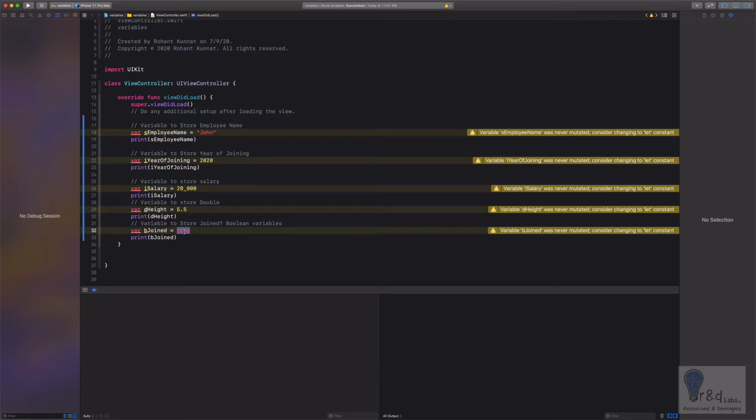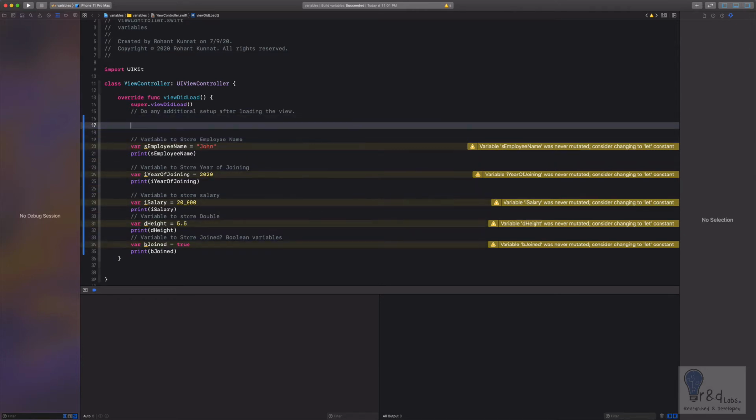Actually, it is quite sufficient for Swift to know that this variable is of type string just because you have assigned a string value to it. This is called type inference. So I'll just write this keyword in the comments. So it's called type inference. So in my opinion, this is sufficient for Swift to know that employee name is holding a string value,